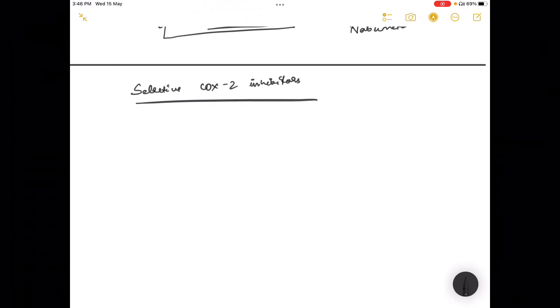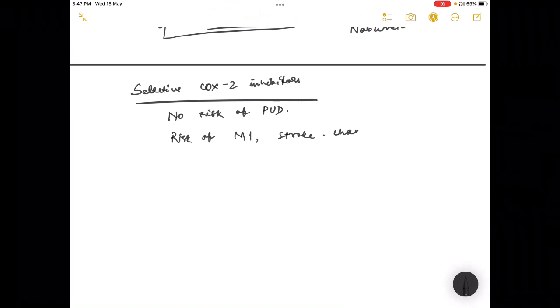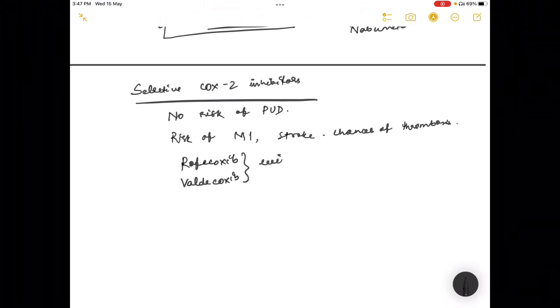Next, coming to the third group of drugs, that is the selective COX-2 inhibitors. These selective COX-2 inhibitors have no risk of peptic ulcer disease, but the risk of MI, stroke, and thrombosis increases. Two drugs have been withdrawn due to these thrombotic disorders like myocardial infarction. They are rofecoxib and valdecoxib. These have been withdrawn